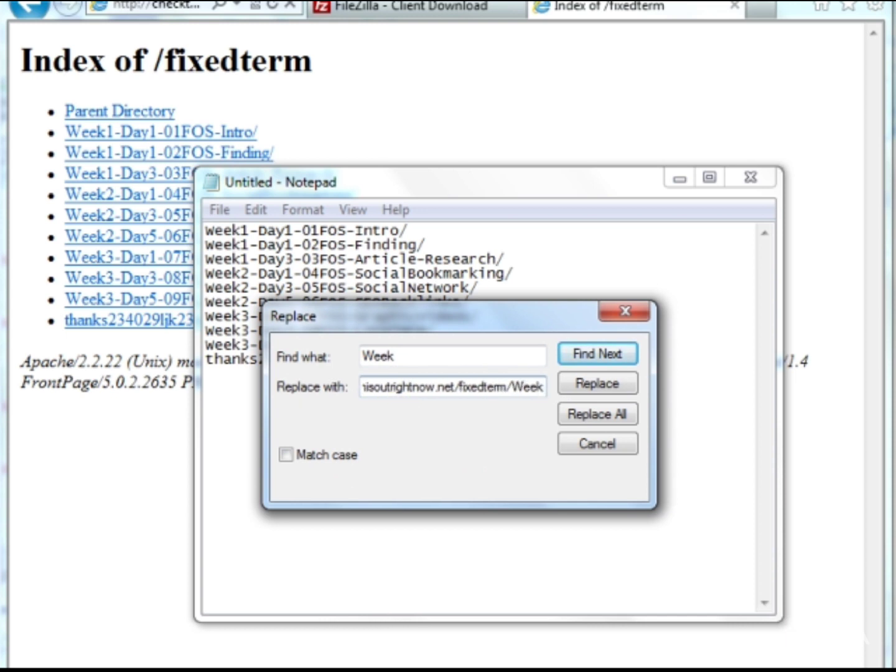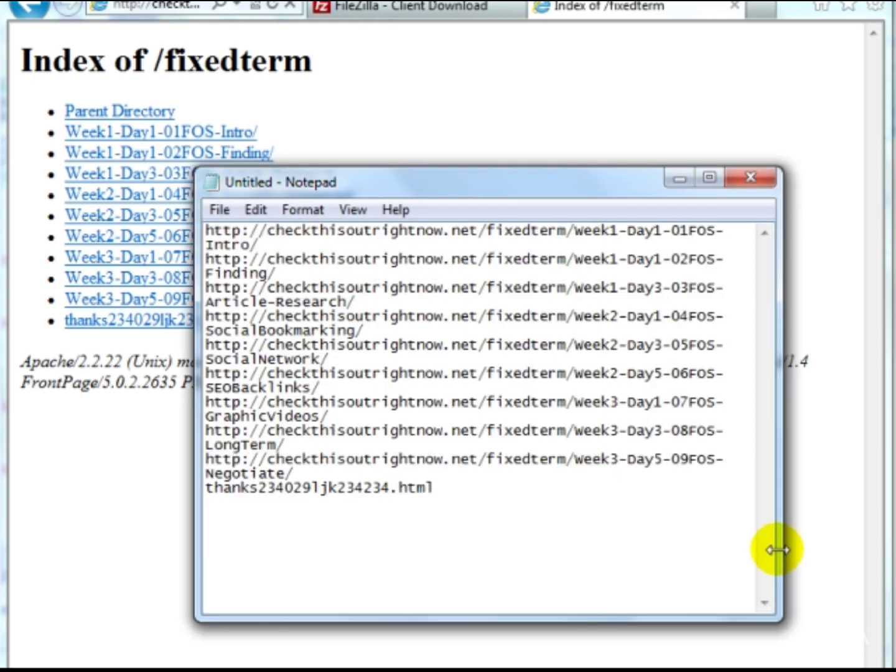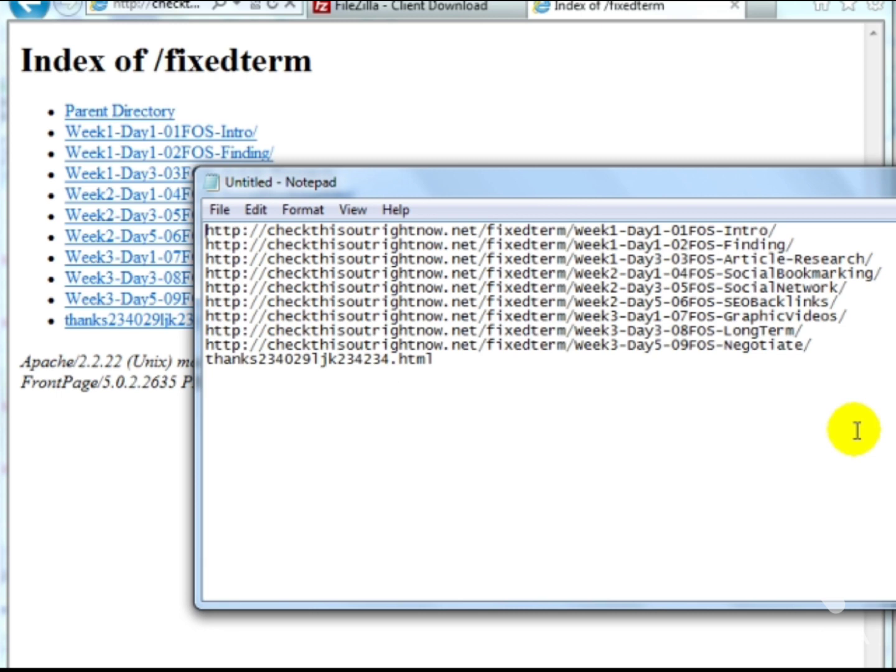So whatever you grab here that's similar to everything else, add it here. And then click on replace all. And as you can see here, I have the URLs for all of these links, except for this link, which I can do that. And then we have the index.html file, which I'm going to go ahead and upload